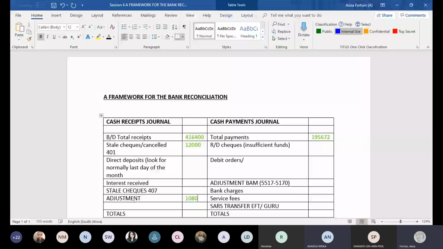It's interest because it's on the credit side, and we're going to record it on the cash receipt journal. And then on the cash payments journal,